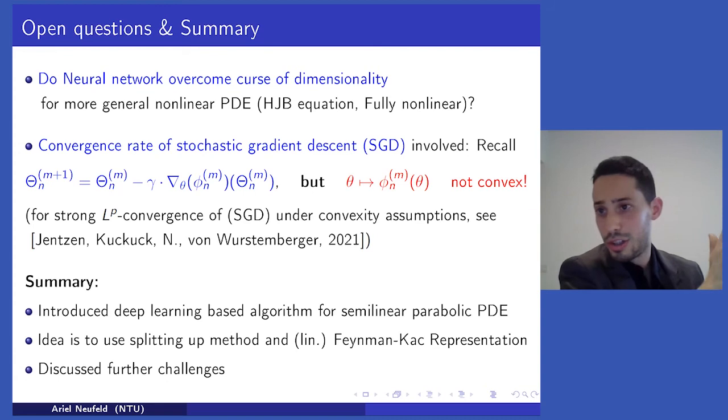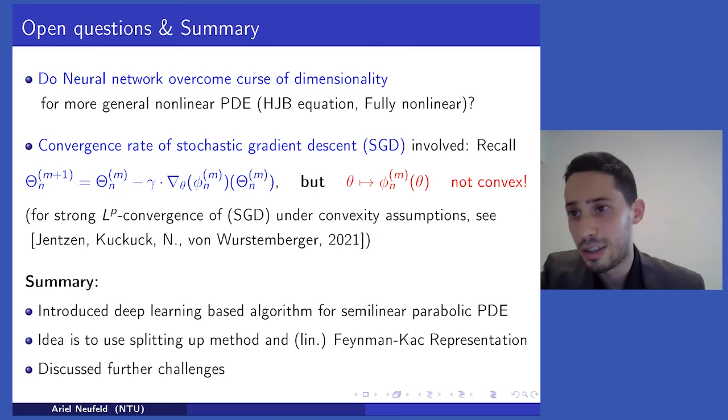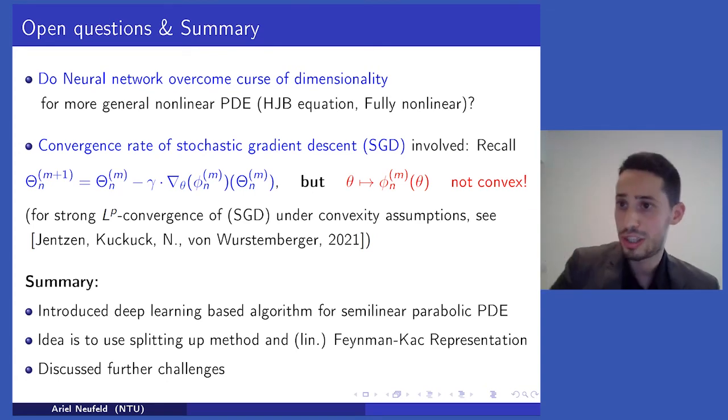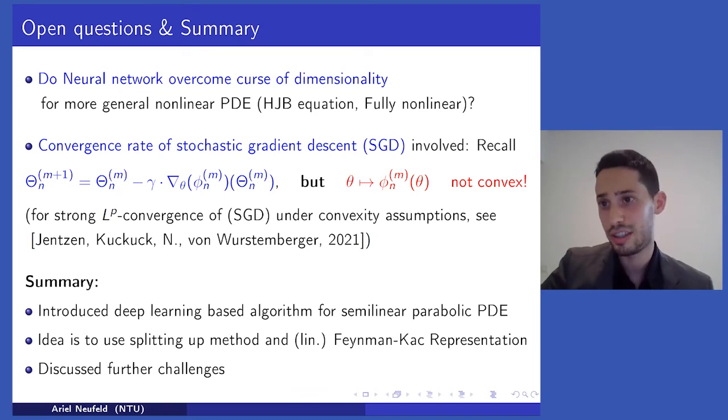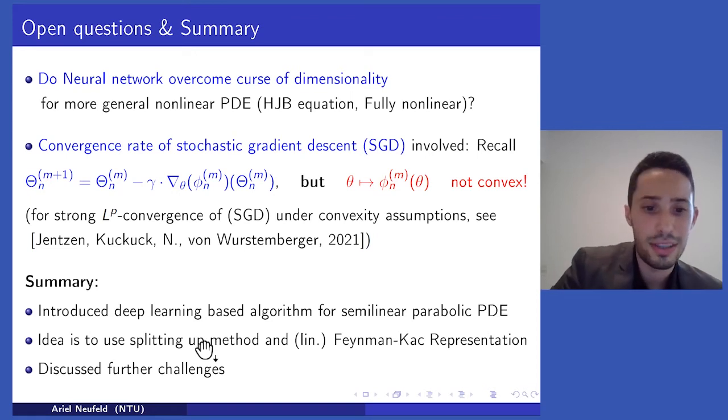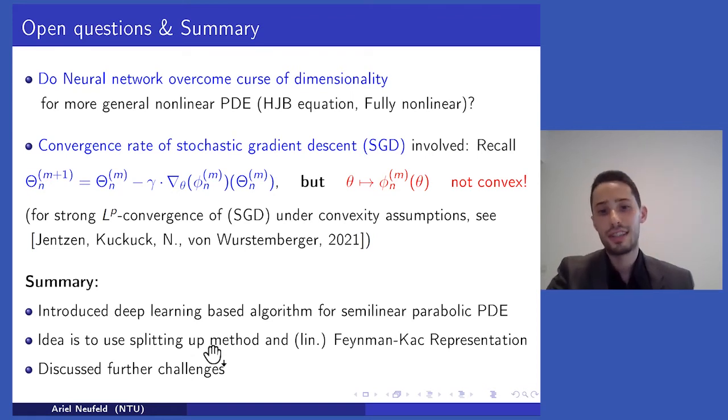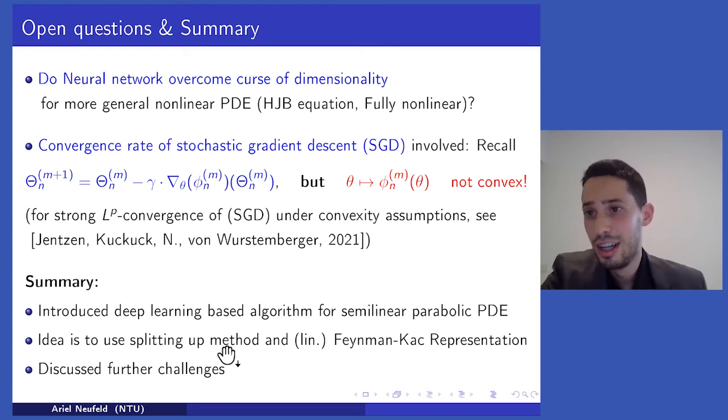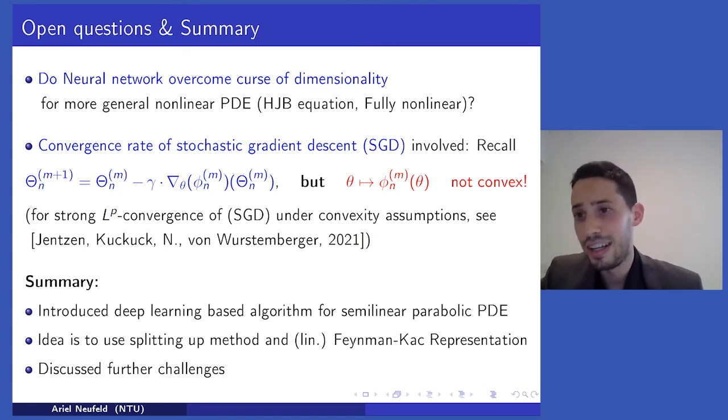till we reach time 0, the current time, to be able to get the solution of the PDE at time 0, which corresponds to the price of the financial derivative at time 0. And the key idea to be able to use this is the Feynman-Kac representation. And further, we discussed further challenges, which hopefully in the future will be able to give you further insight about